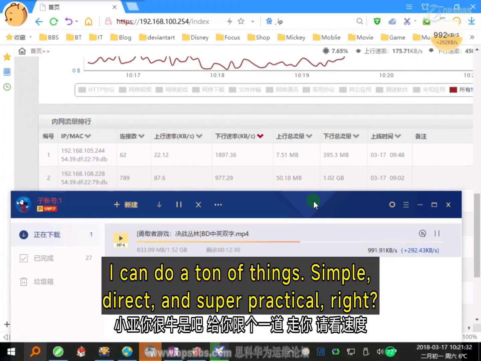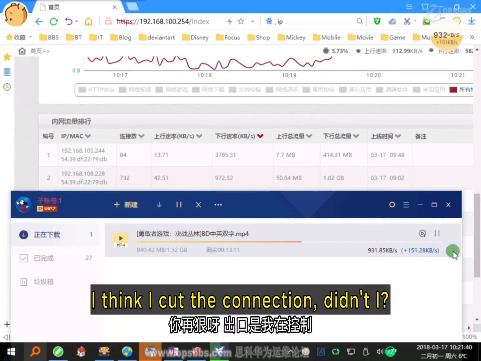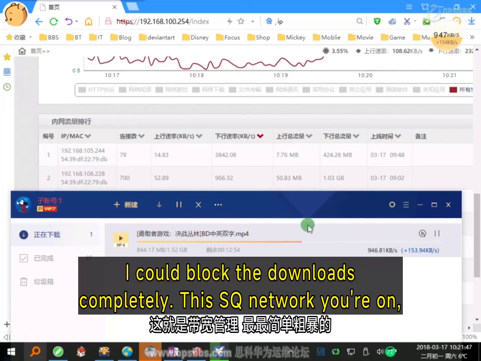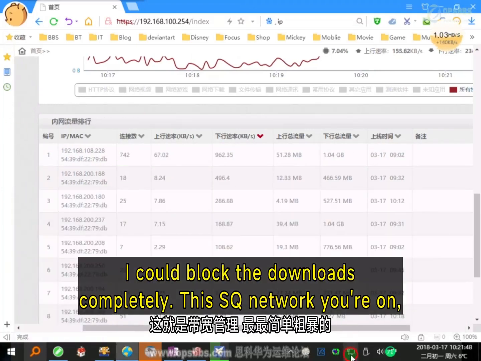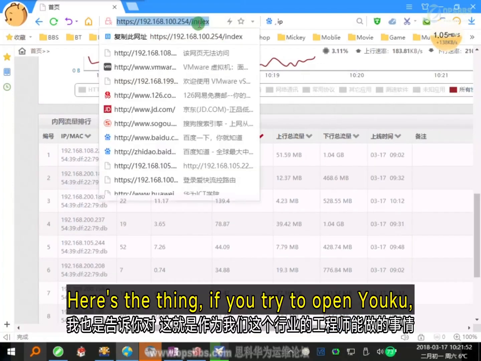Let me show you. I can do a ton of things. Simple, direct, and super practical, right? See, and that's just one piece of the puzzle. I think I cut the connection, didn't I? I noticed something's up. Someone's downloading stuff. I could block the downloads completely. This SQ network you're on. Here's the thing, if you try to open Youku,